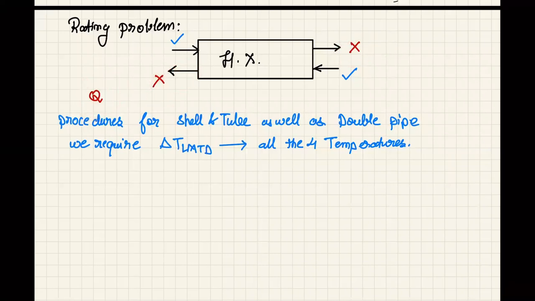Now, you guys would be thinking, what is the physical significance? Where do we see such a problem? We would know that we need to cool the stream from this temperature to that temperature. At least one stream's temperatures should be known. So where do we find this problem actually? So I will take an example from industry, a common example. So let's say you are a process engineer and you are trying to design a process. So the process is very simple and it involves a reactor.